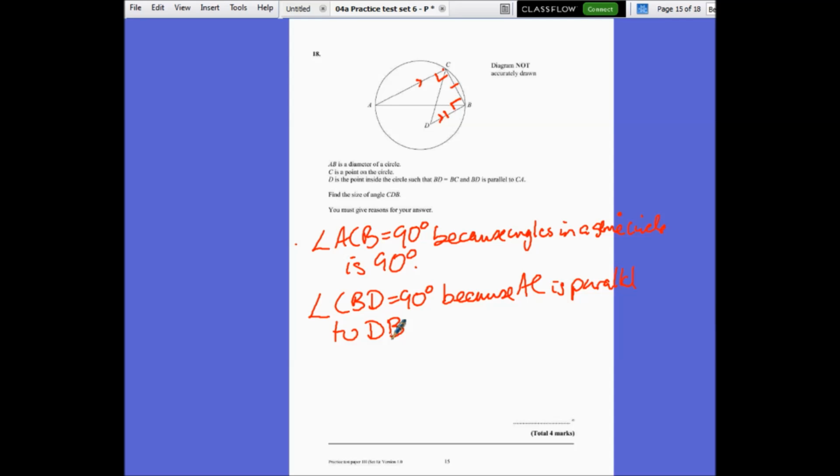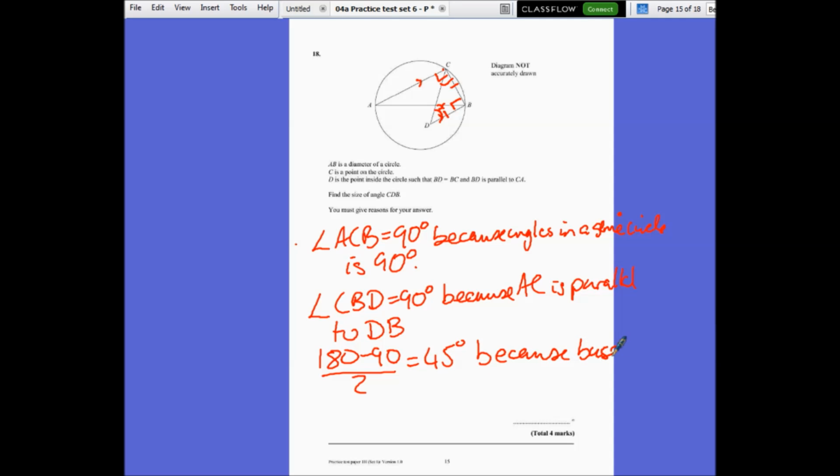Once we've got that, we know that this isosceles triangle that we've got is a right angled triangle, and therefore these two angles here must be the same, and it's this one here that we're trying to work out. So finally what we can do is 180 minus the 90 divided by 2. 180 minus 90 is 90, divided by 2 is 45 degrees. So x is 45 degrees because